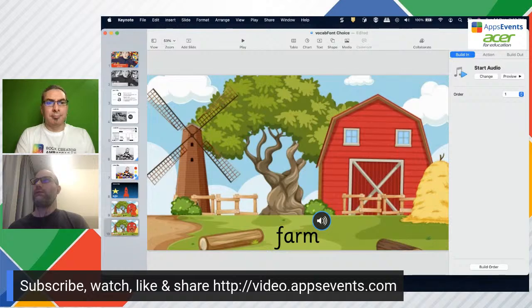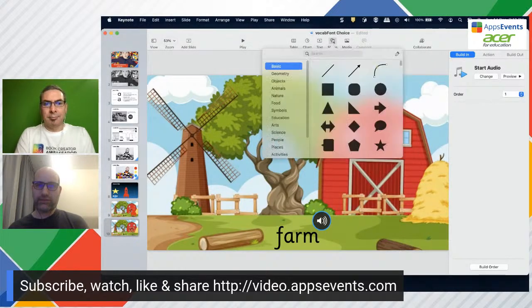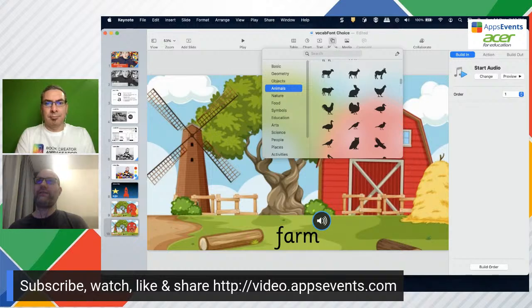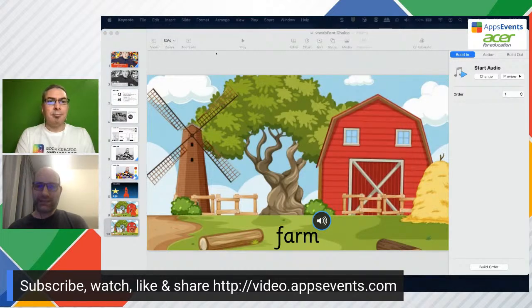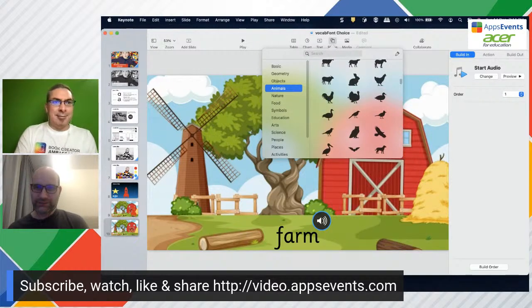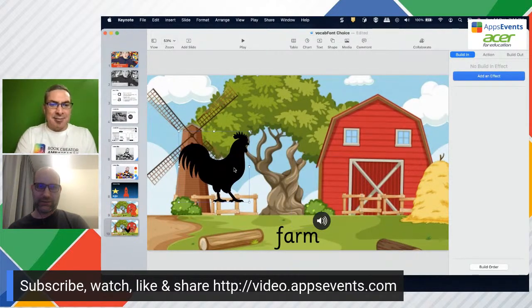So let's go pick something just to get a quick demonstration. I'm going to pick a shape. I'm hoping I've got an animal. What animal do we have here? Any preference, Nate? Let's have a look. Ooh, yes, let's put a cockerel in there. Yeah, cows are cool too, and they're nice and big and easy to see. They are nice and big.